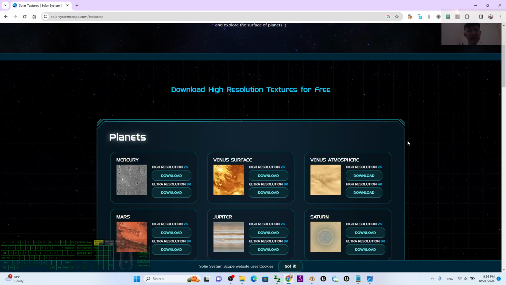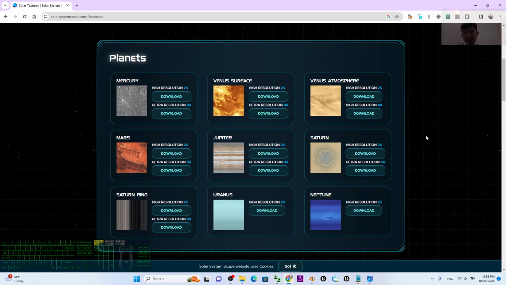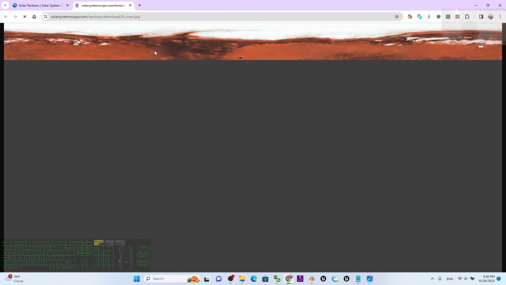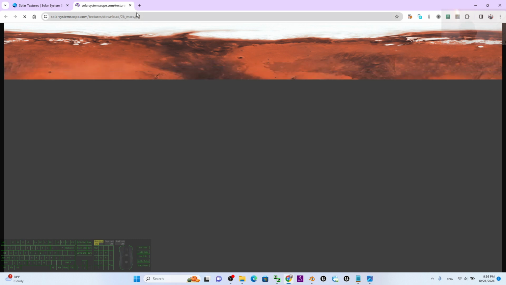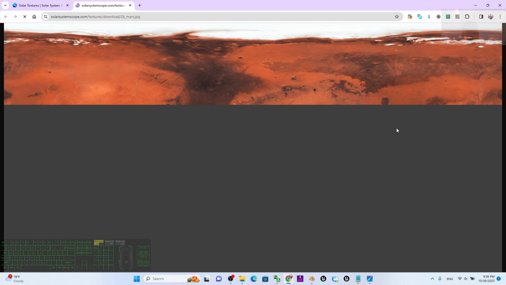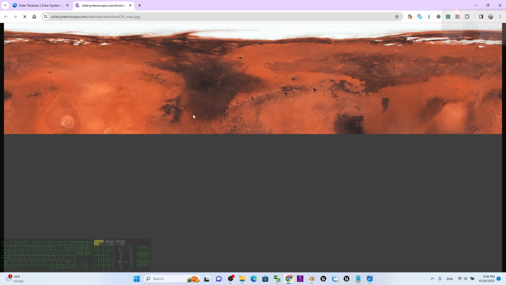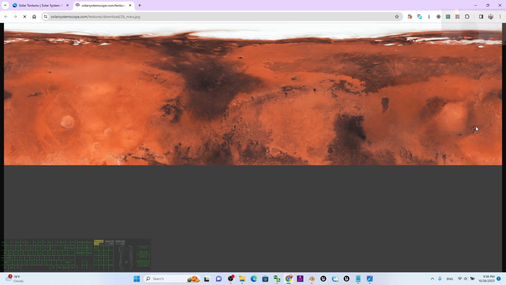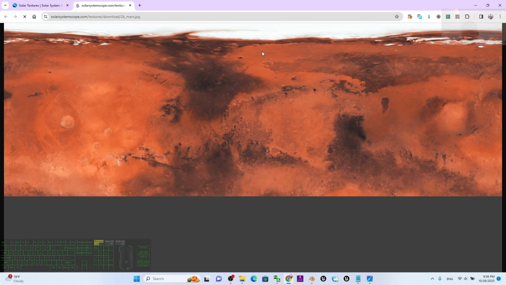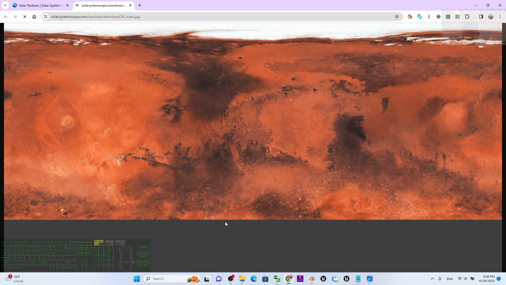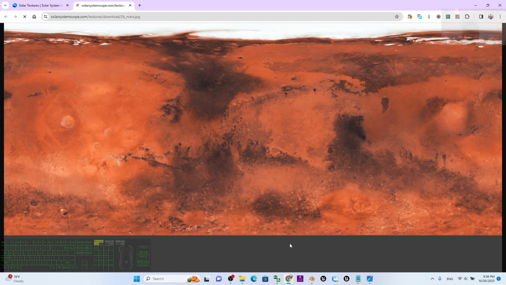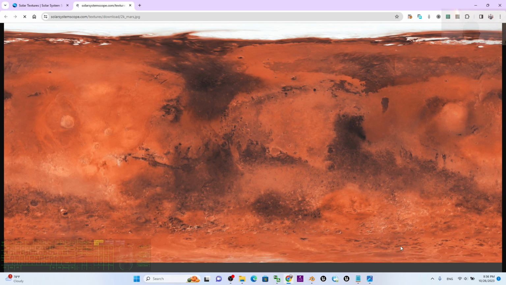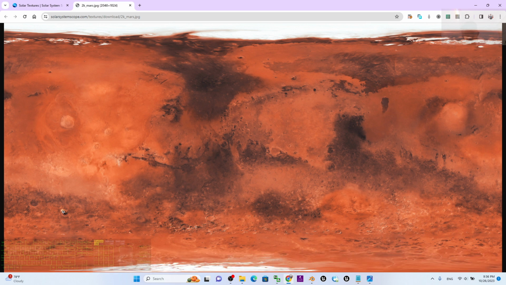So to create a planet in 1 minute, it is really easy. For example, if I choose Mars, the high resolution 2K, I click download. Then at this moment, it is going to download the 2K Mars texture, and it depends on your internet speed. You need to wait for a while until the whole picture finishes loading in this browser. So now it seems it's almost done. Just wait for a few seconds until it stops everything. Now it is considered ready